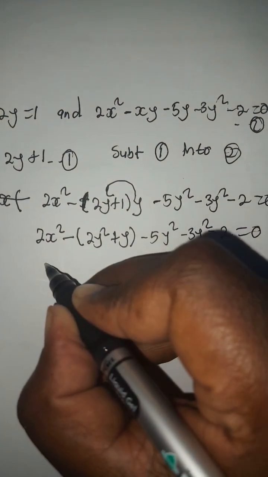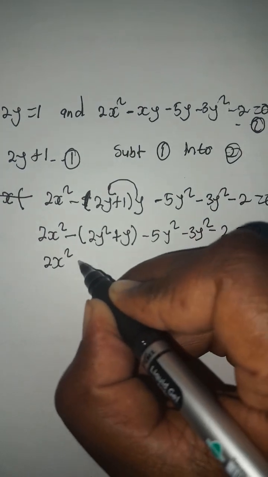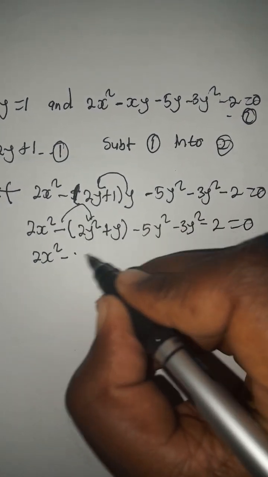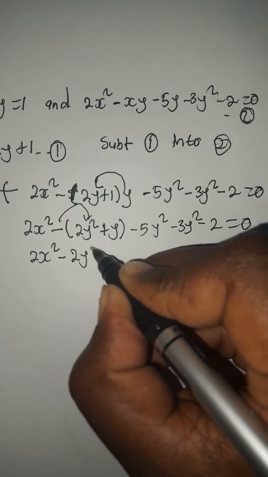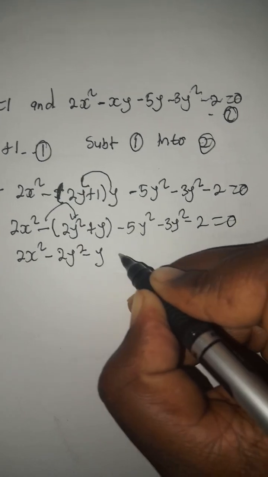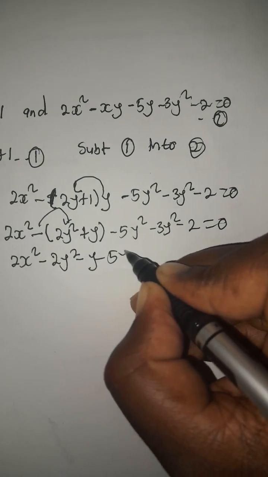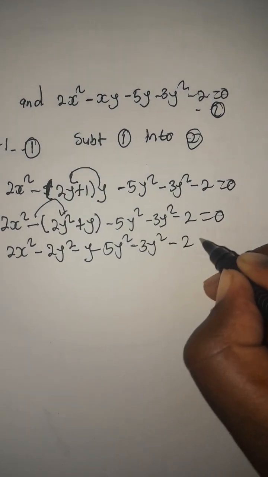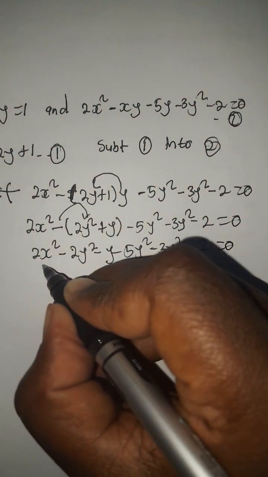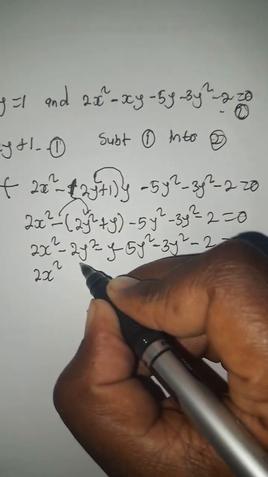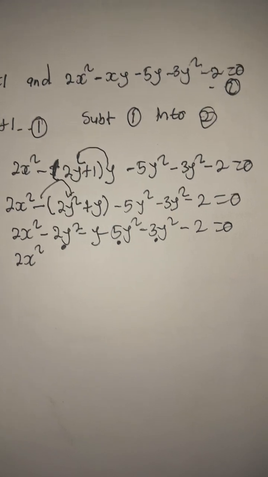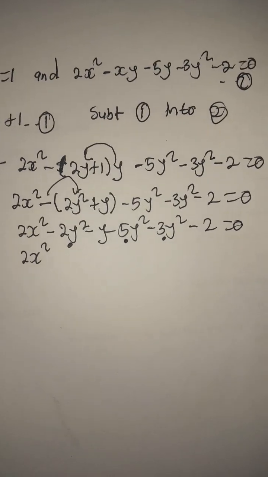So let's work out this. So we have 2x squared minus, this negative will multiply everything. Remember, we need to get rid of a bracket. So we're going to have negative 2y squared minus negative y minus 5y squared minus 3y squared minus 2 equated to 0. So we have 2x squared. The like terms. We are having the like terms then. So we have negative